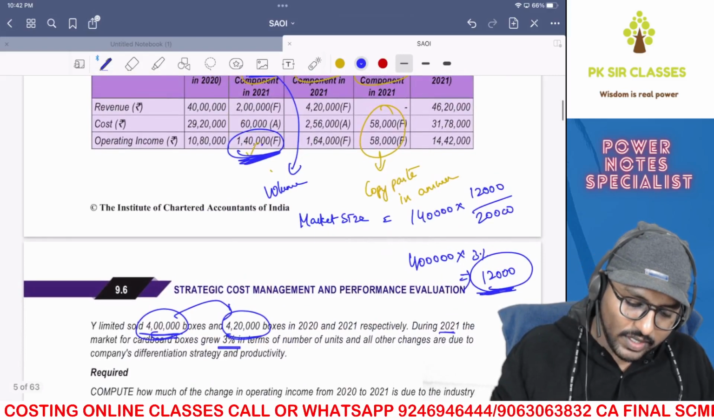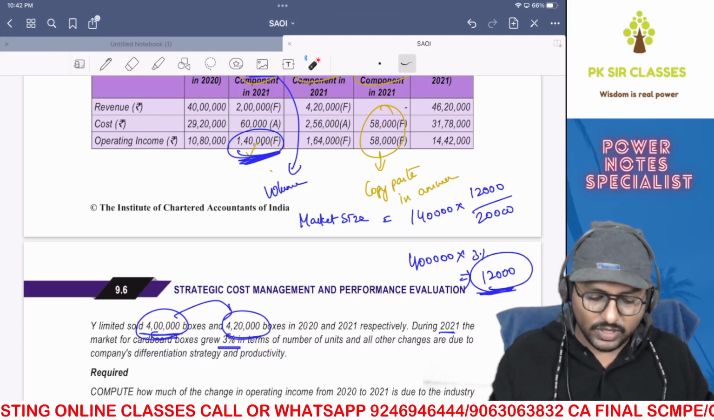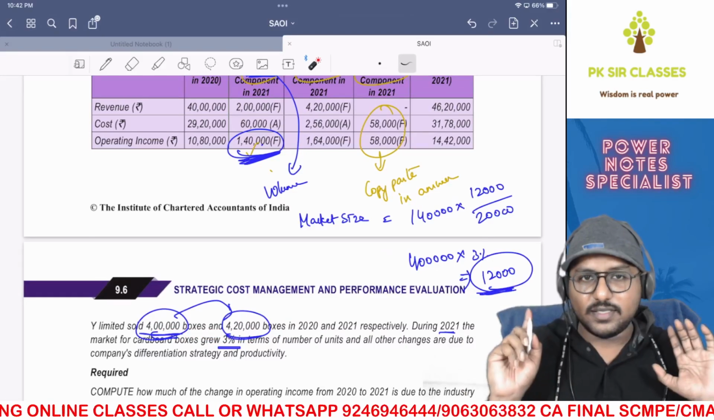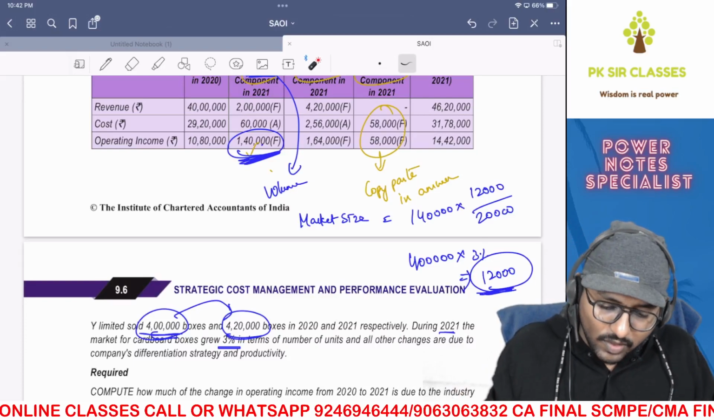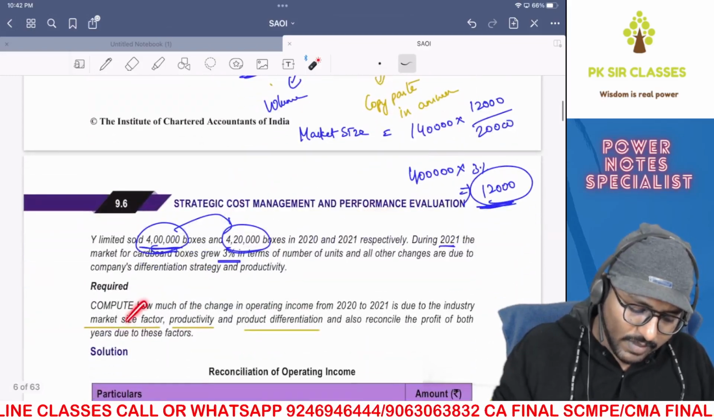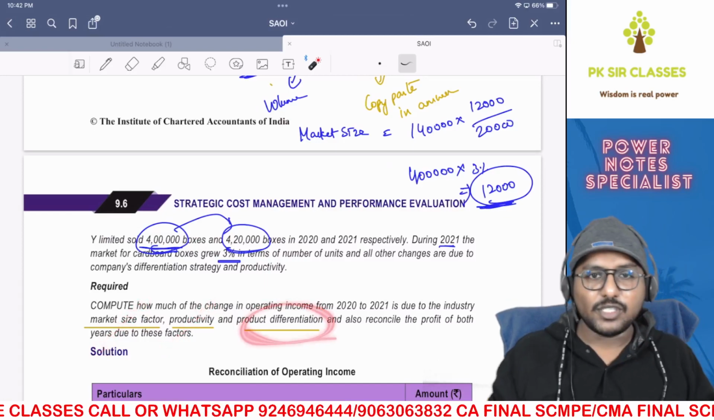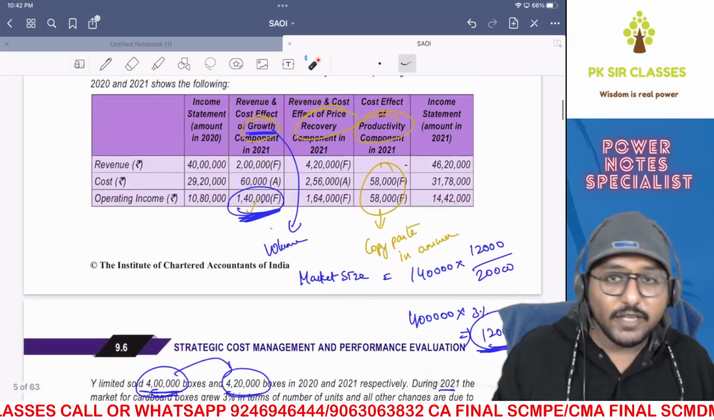Sir, totally the volume has increased by 20,000, from 4 lakhs to 4,20,000. Of the 20,000 increase in volume, 12,000 is due to market size. What about the balance 8,000? That has increased because of what? Very simple. What should be the only factor? Market size is done, productivity is done. What should be the only reason? Product differentiation. Like that also you can analyze, or when you read the question itself, if you are smart enough,